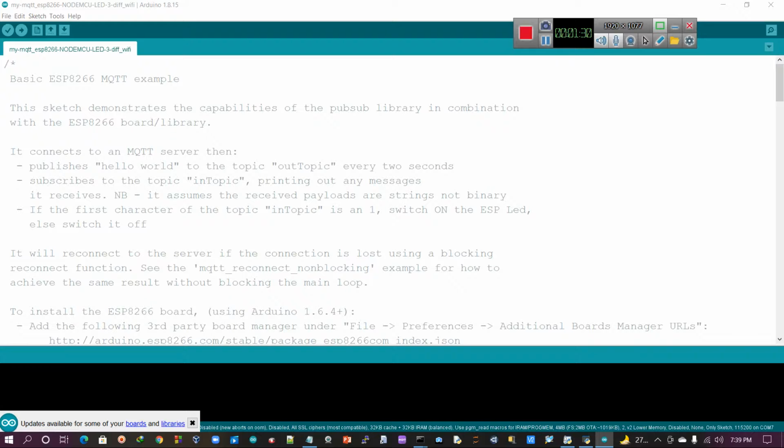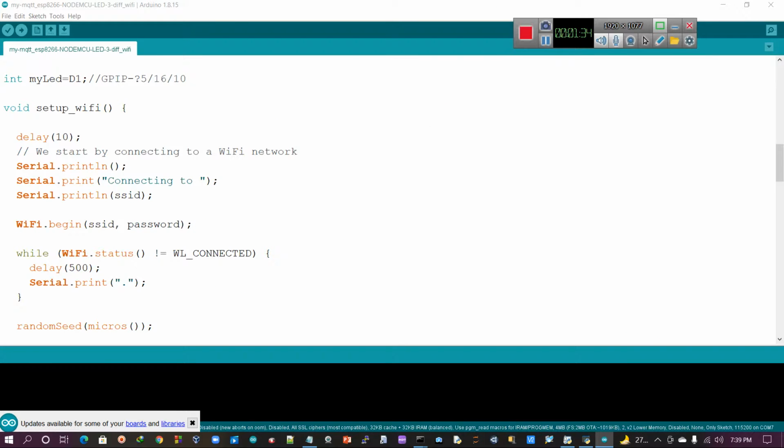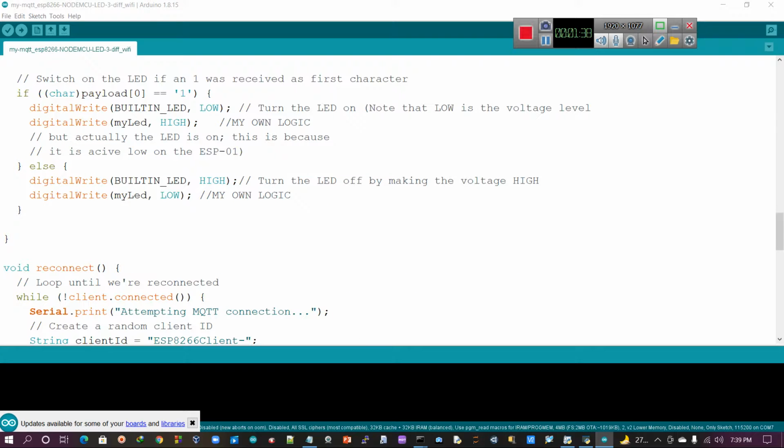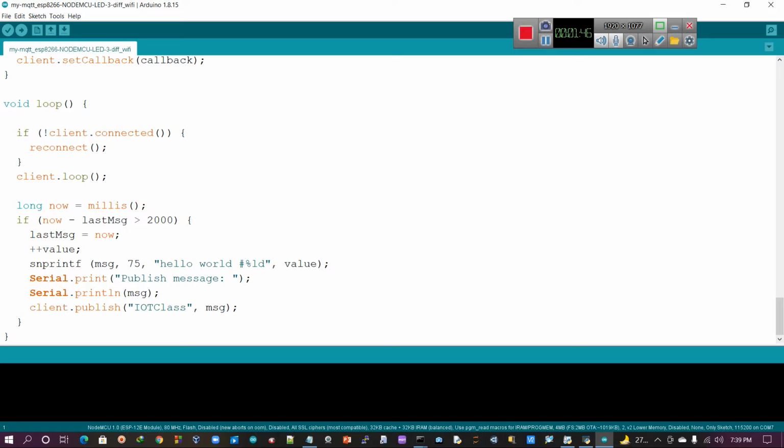See here once again. First, let me open the code. Actually, this is the code. I already demonstrated this in the previous one when I was controlling the simple LED, but here I replaced the LED with the AC bulb. In this demo I involved the same relay concept. Without the relay concept it is not possible.